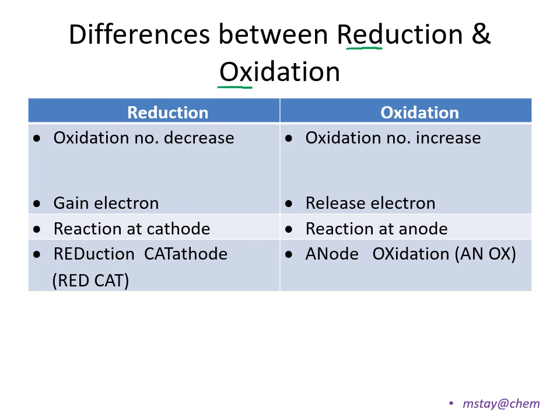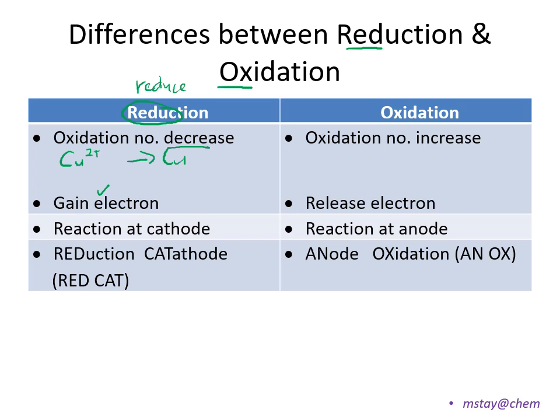In reduction, the oxidation number decreases. Based on the word reduce, we can consider that the oxidation number is decreased and it needs to gain electrons. For example, if you write the equation from Cu2+ producing Cu,